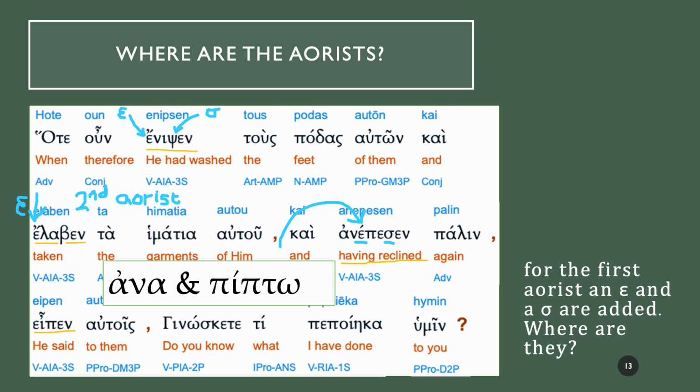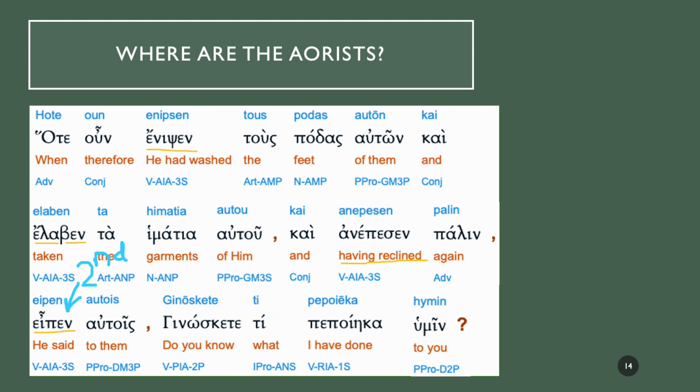Again, the sen bit at the end, the stem starts with a sigma because this is a first aorist, and then the en sound, epsilon nu, gives us the inflection, it's called, to tell us that it is third person singular, the details that tell us it's third person singular. And last on this page we have apen, one of the most common aorists in the New Testament. This is also in the third person singular, but it's a second aorist, so the root of the word has changed as well. That is the verb he said.